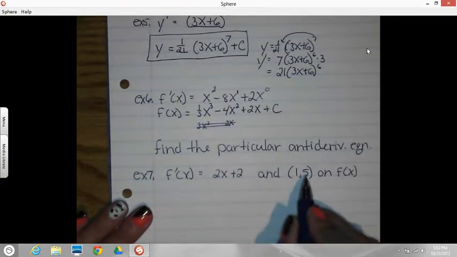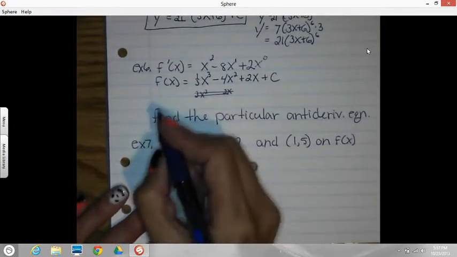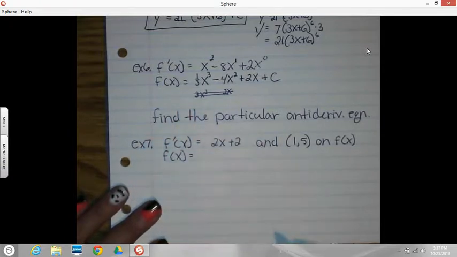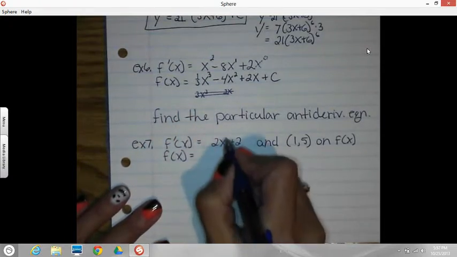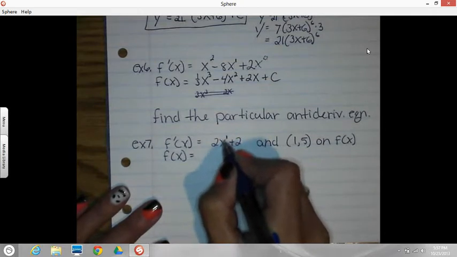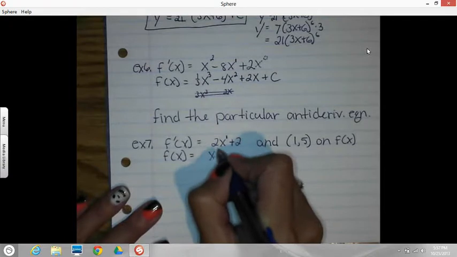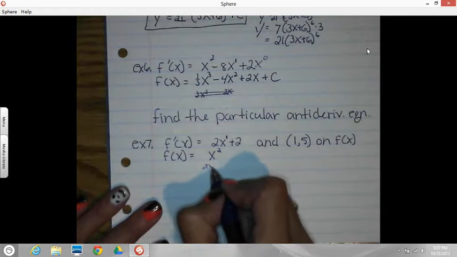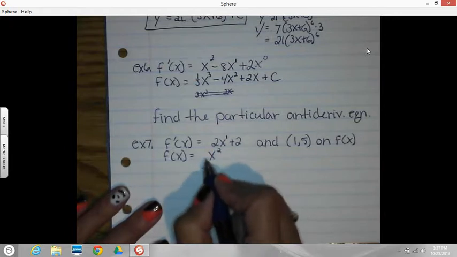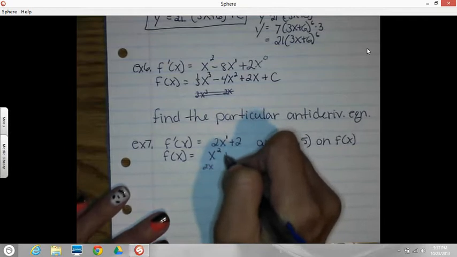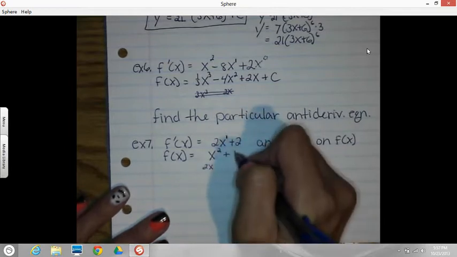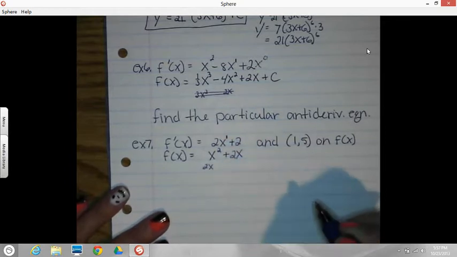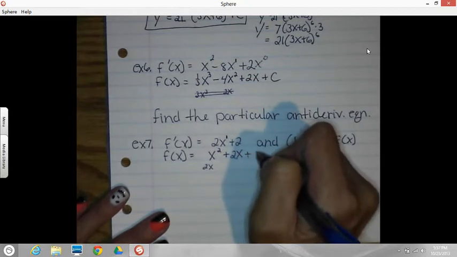So the first part we've got to do is find the general equation. So we reverse the power rule. Again, think of this as x to the first, so you know it had to be an x squared. If I check the derivative here, 2 comes down, it would be 2x, and that's exactly what I had there, so I don't want a number in front. 1 is fine. Then what has a derivative of 2? That would be 2x. If that's x to the first, that comes down, gives you the 2, that goes away. And then I'd have my plus some c value. Okay, that's my general